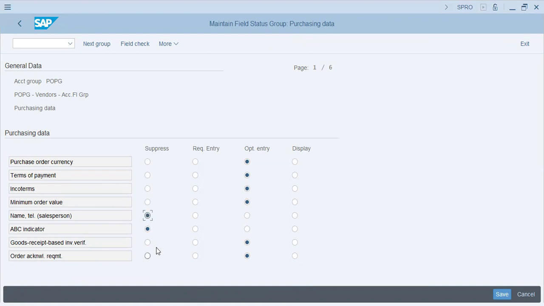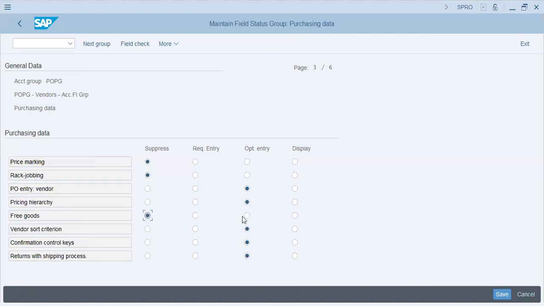Salesperson, no goods receipt information verification. Automatic generated purchase order, vendor schema group, mode of transport, office of exit, control pricing, planned delivery time, price marking, rack jobbing,